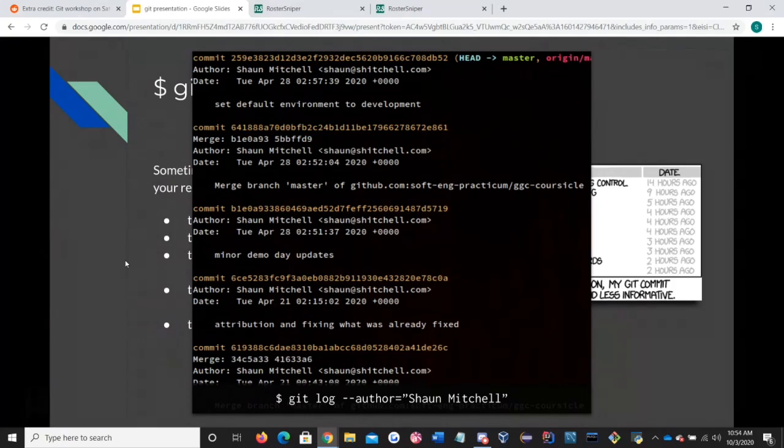Git log author will kind of say, okay, I know you worked on this project last. It was working before you worked on it, and when you worked on it, it broke. So I know that since you worked on it last, I'm going to go see a log of all the commits you made, so I can track exactly where something broke, right? I don't know exactly which file broke, but I know who worked on it last, and I can go and see what that person did that broke the project,